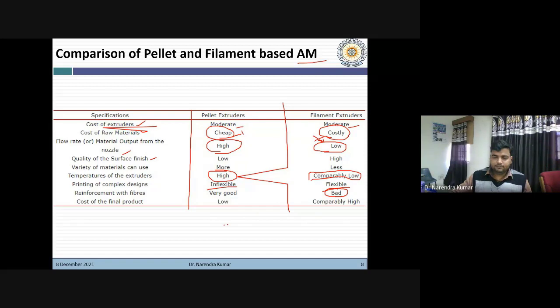But when we go for pellets, it is quite easier for us to mix the pellets and the fiber and other composite or filler materials. And if you compare the cost of final product, then with pellet extruders it is quite low, and here it is comparably high.